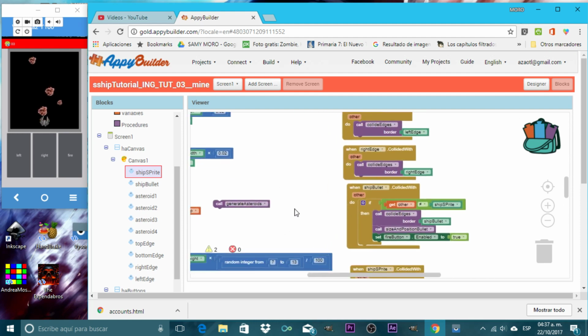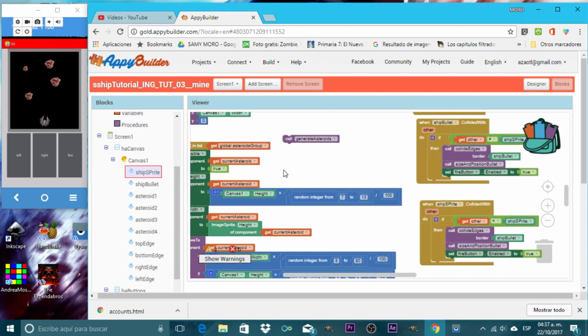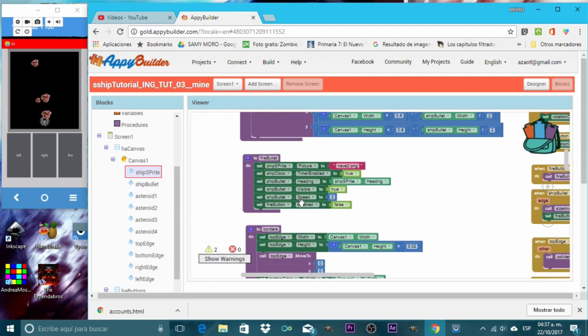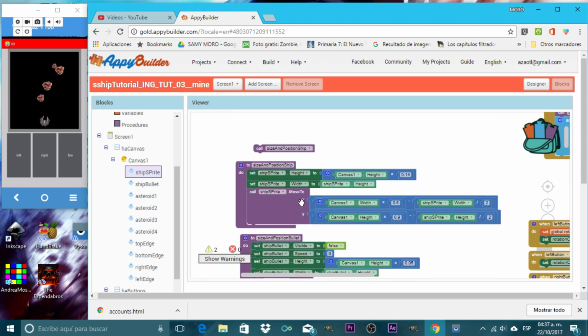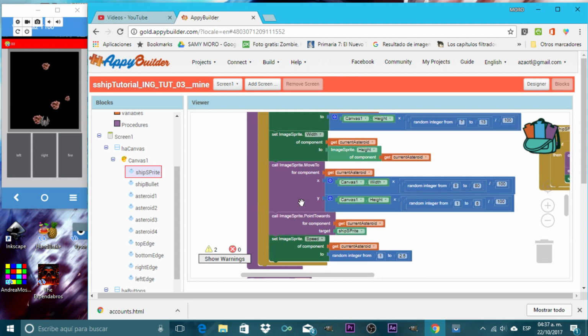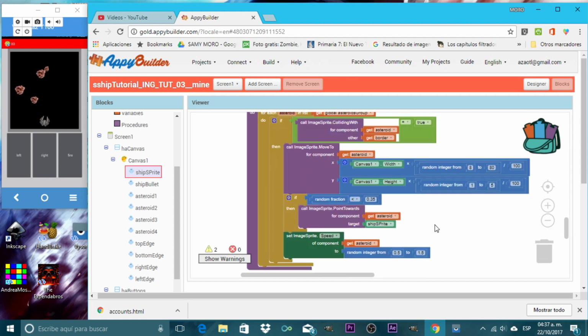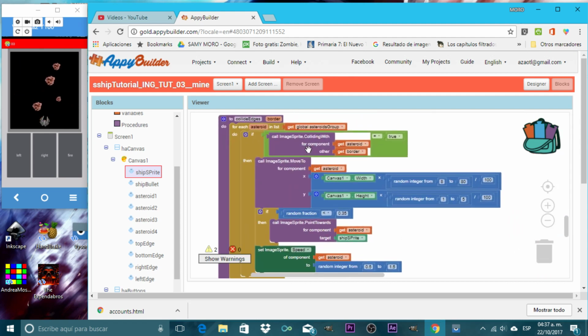Collide edges, we are not using collide edges. Just let me check this procedure. Borders, size, borders, generate asteroid. Okay, it's here. If asteroid colliding with